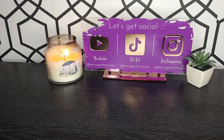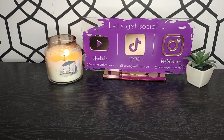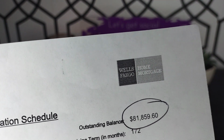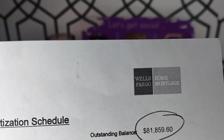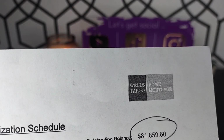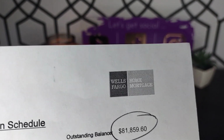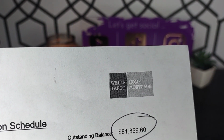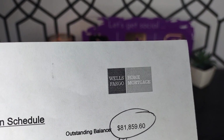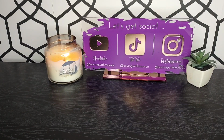Let's go ahead and recap and go back to the beginning. I started this journey in January of 2022, and this is the amount that I owed back then: $81,859. I purchased my home back in 2007, and I've refinanced it a couple of times. This last time I refinanced it for a 2.5% interest rate. So this was the balance at the beginning of 2022. And now the balance is,